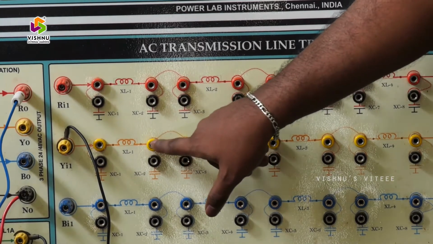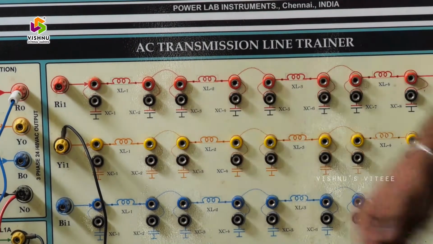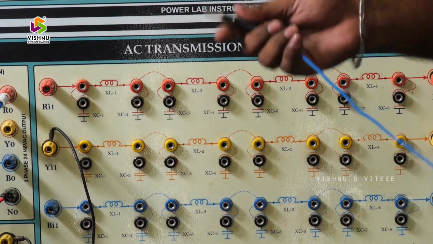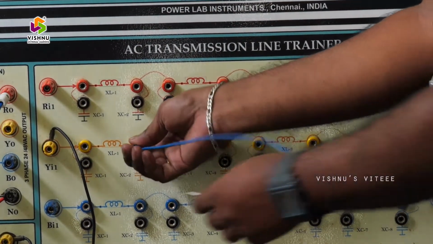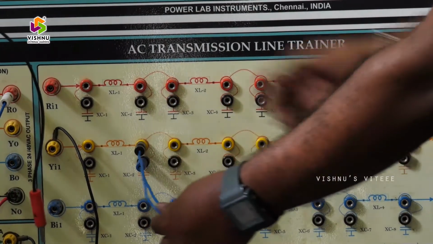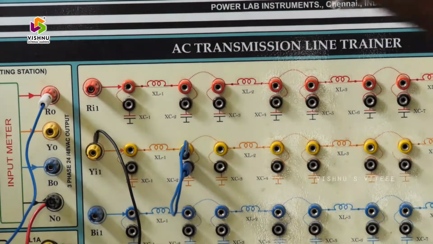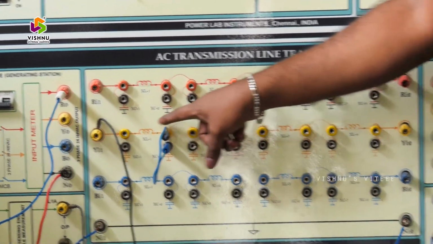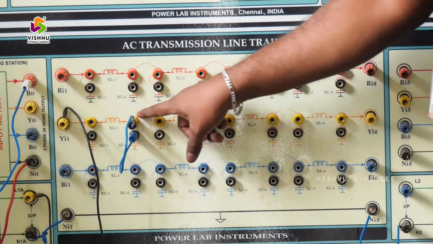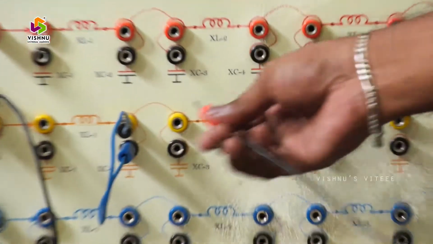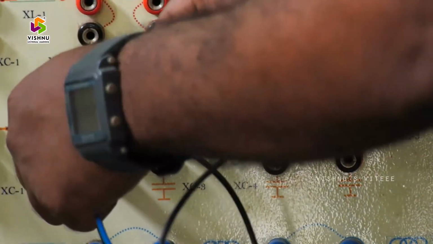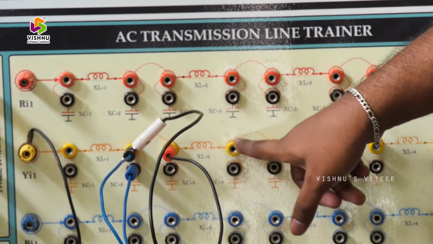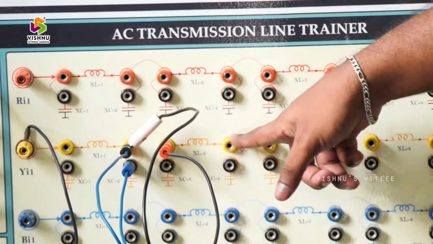After that we have XC1 here. For this XC1 there are dotted lines, and dotted lines mean an external connection is required. So, we need to connect this and this one by using an external connection. Again, if you move further into the circuit, there is XL2. In order to connect this XL1 and this XL2, another dotted line is there, so an external connection is required in this dotted connection also. So, we are going to connect like this. At the end of this XL2 the circuit closes.